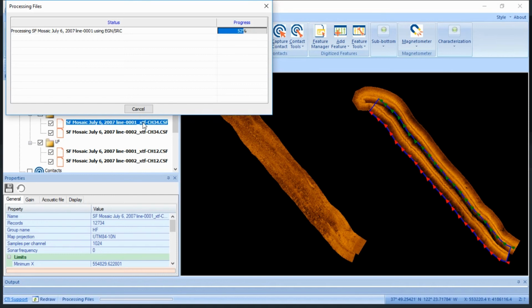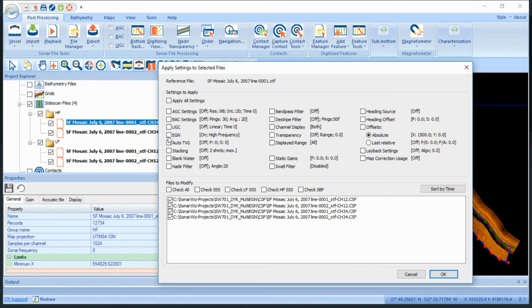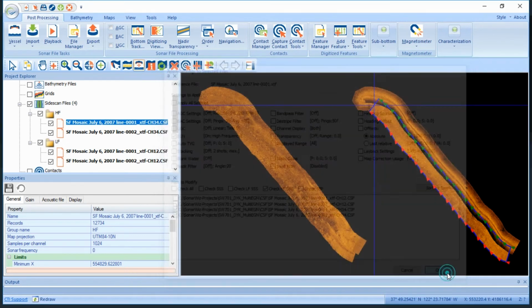As that's loading, we'll prepare to do the same process. We'll use make others like this. There we go. Click EGN. You can see that it's on, and it's using the high frequency table. Come down to our files to modify, check high frequency, apply,